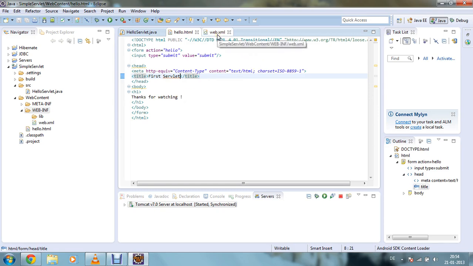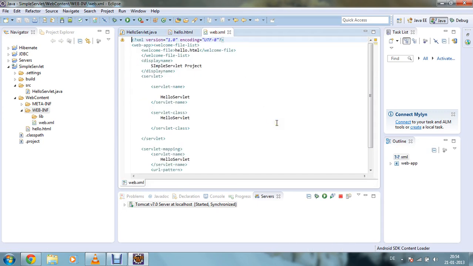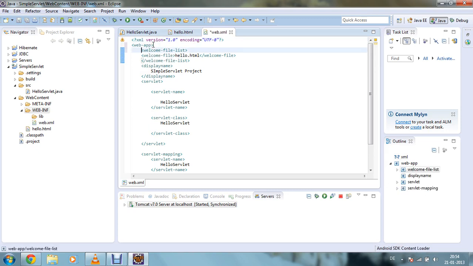And coming to the web.xml file, this is the main configuration file of your servlet. So now you have to create your configuration file for your servlet. First you have to write web-app. This is the web application XML, and after that your welcome-file-list. The welcome-file-list is the tag for the servlet to understand what to load when the servlet is loaded in your localhost machine.